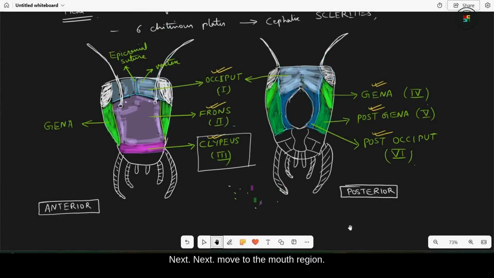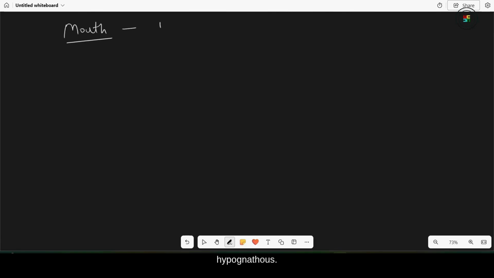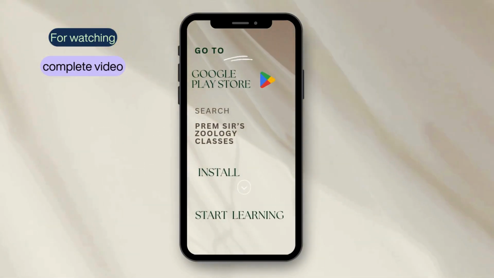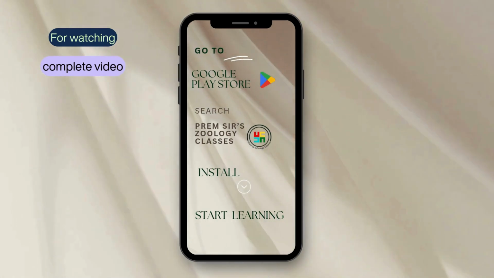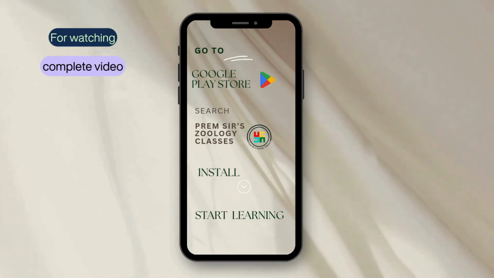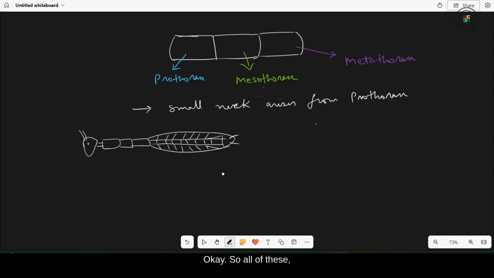Okay, next we move to the mouth region. We have already seen that the cockroach's mouth is hypognathous. Okay, so all of these, they are covered by sclerites, the thoracic and the abdominal segments that we have seen. Now what do these sclerites, how they appear on their body? So if this is one segment,